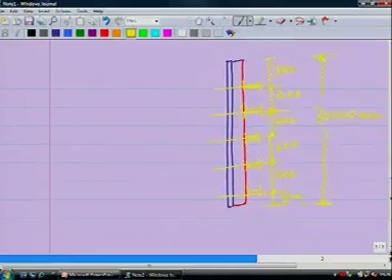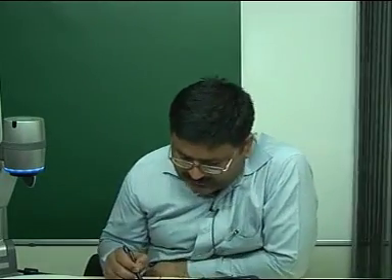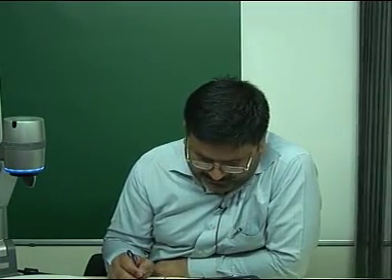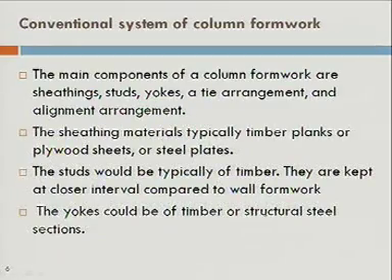Okay. I'll just try to show you in 3-dimensional what we have done so far. Let's say this is how your arrangement looks like.